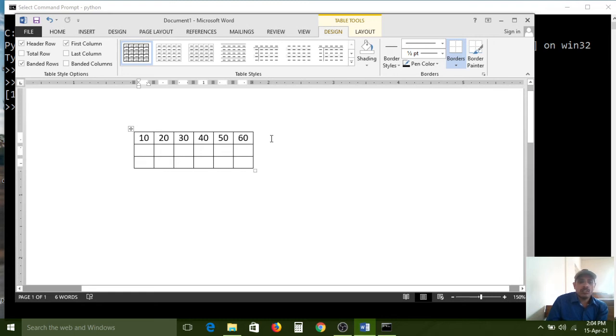So a list is also index based. The list is created with indexes. The first index starts with 0, the second index starts with 1, third 2, 3, 4, 5. Like that, 6 elements have been created.